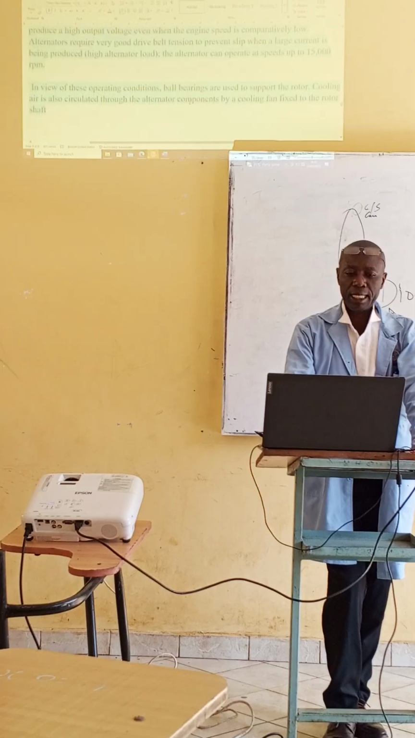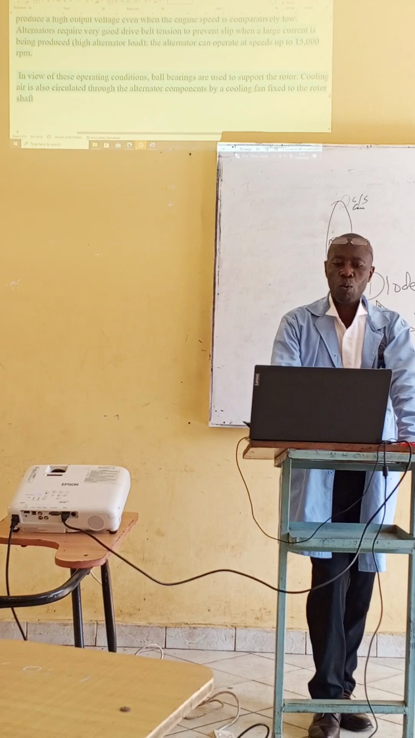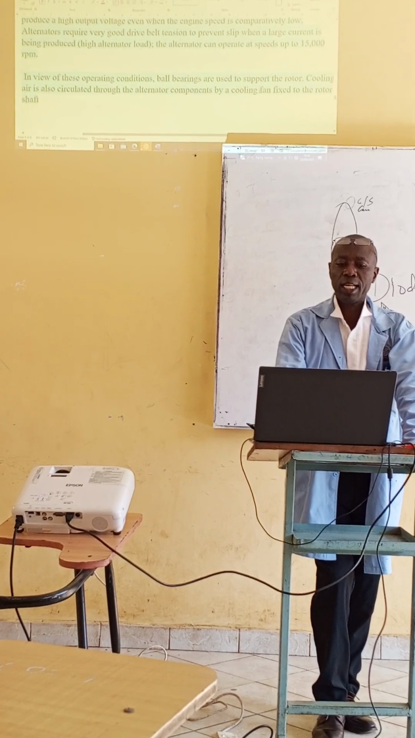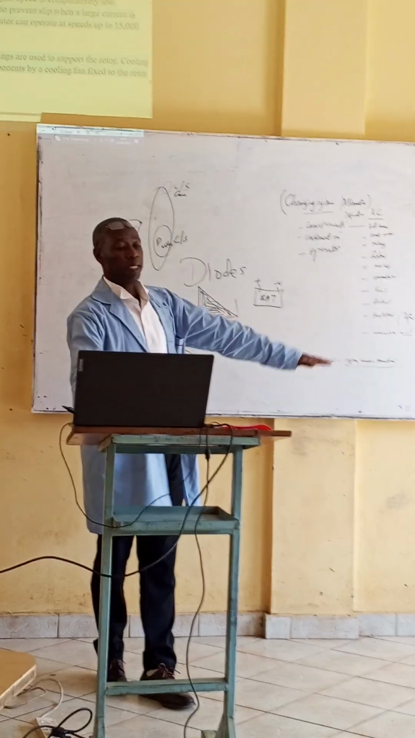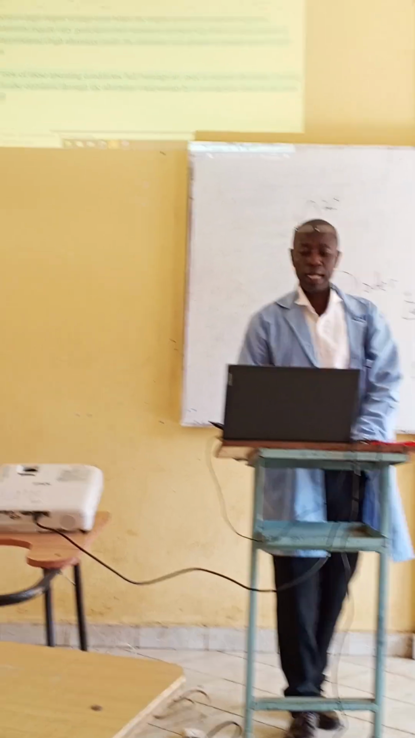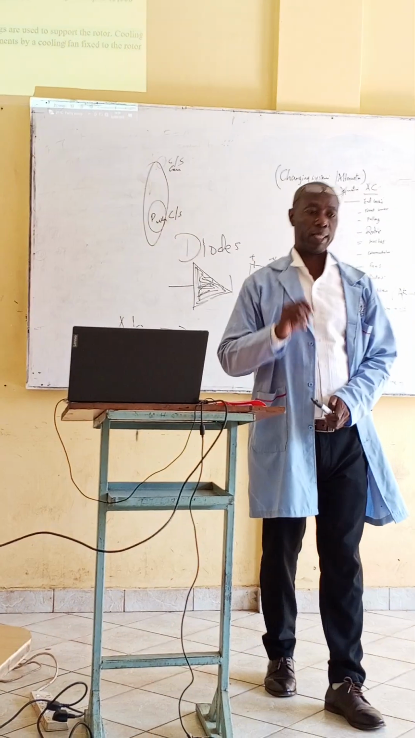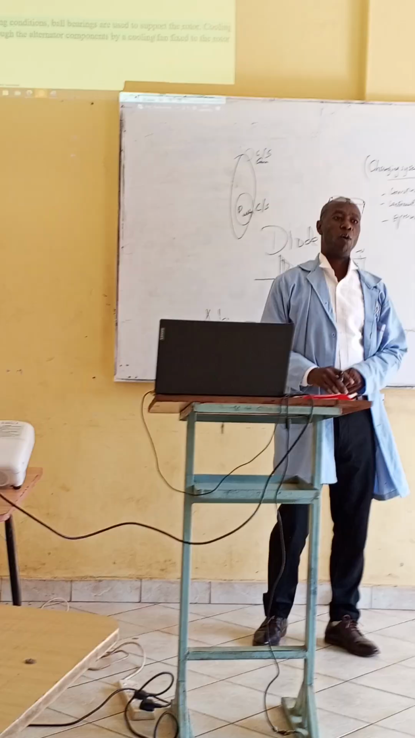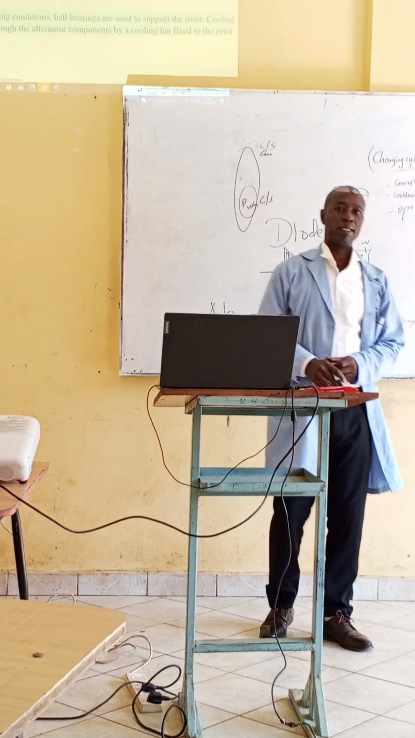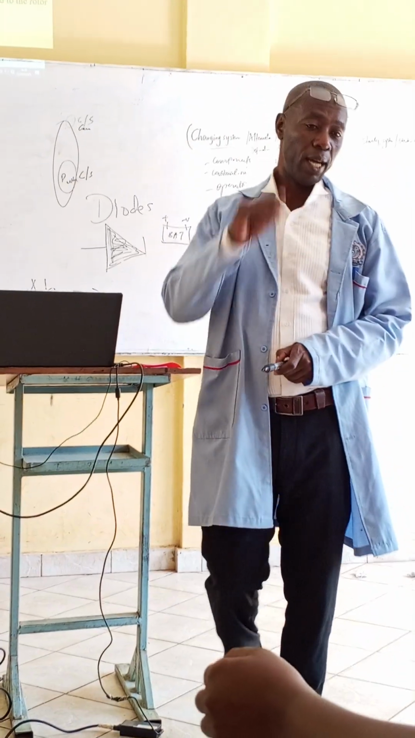So to finish on this, in view of these operating conditions, ball bearings are used to support the rotor. Cooling air is also circulated through the alternator components by what we call a cooling fan, which is one of the components we have stated, and it's fixed on the rotor shaft just on the outside part. So you'll be able to find this diagram in your manuals, charts, Google search, and such like things. But for today, I think that is the end of